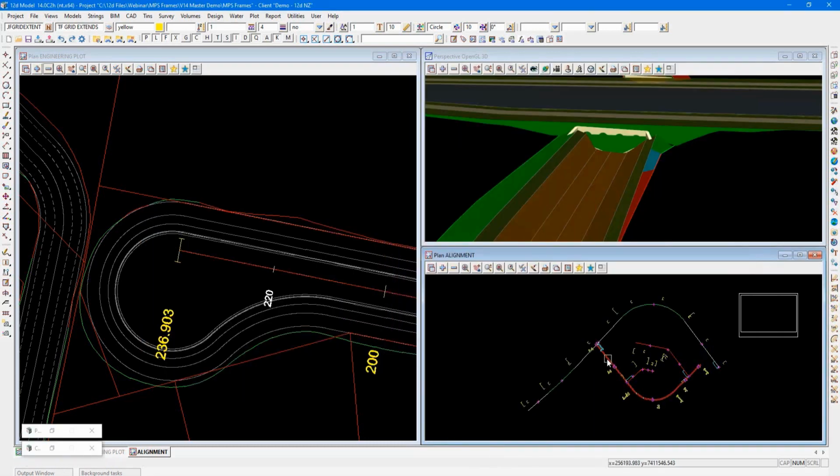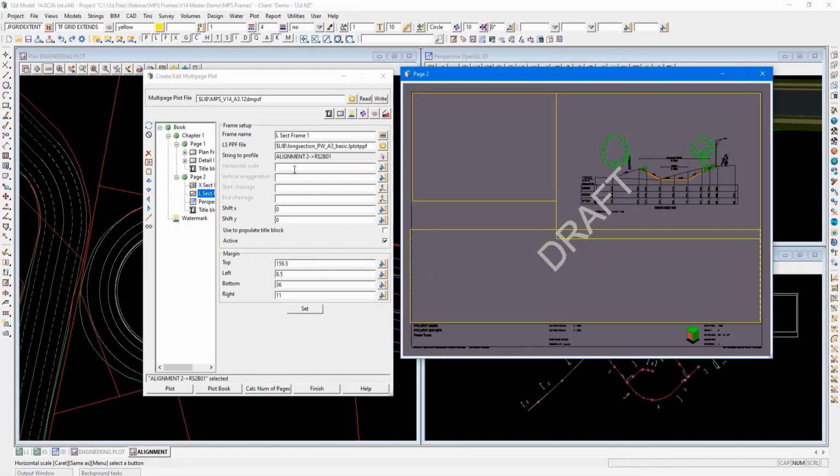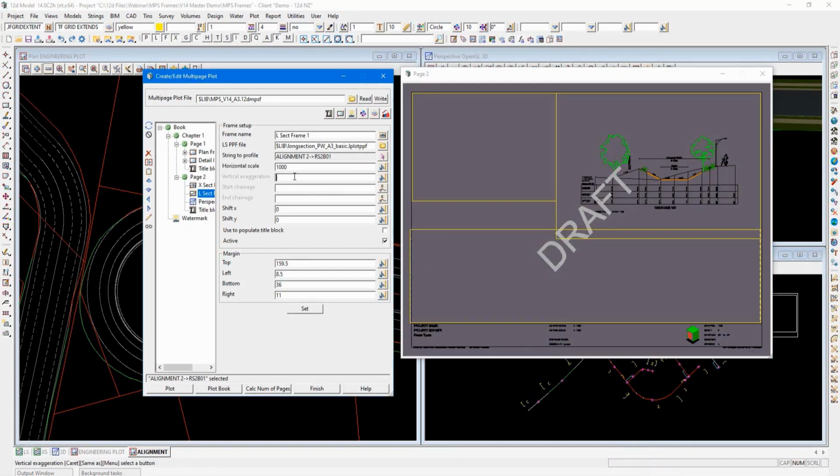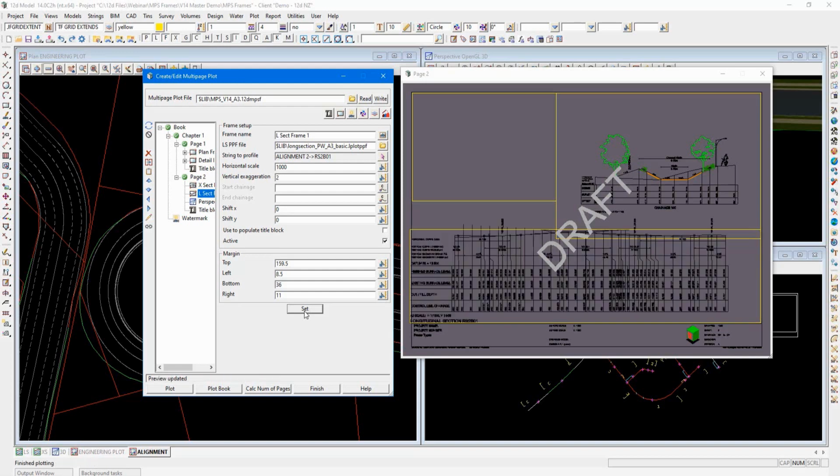And I'm going to choose a super alignment, in this case to plot. The horizontal scale is going to be 1000 and the vertical exaggeration is going to be 2. And I'll hit the set button and 12D will go away and generate live that long section from that string itself. Now you notice I didn't put a start chainage and end chainage in there, and because we have pagination set within this PPF file, it's actually plotted all of the available sections, which in this case is 2 within